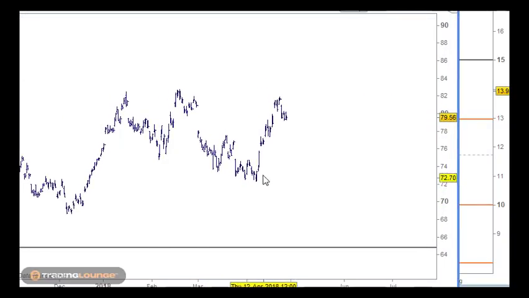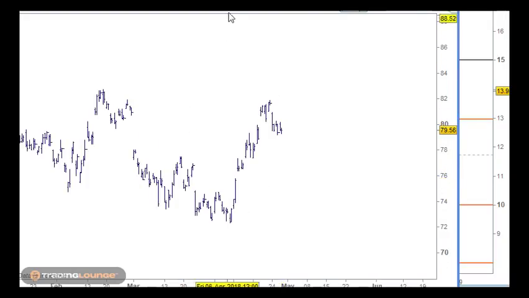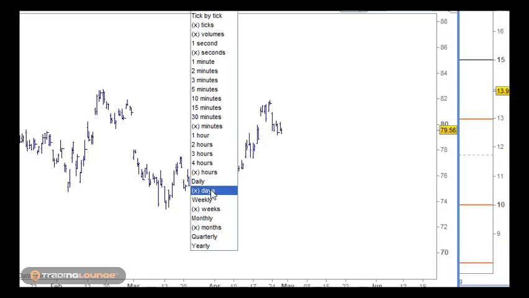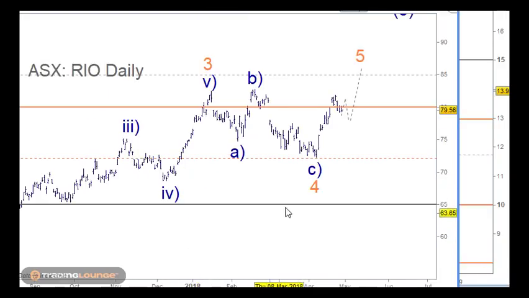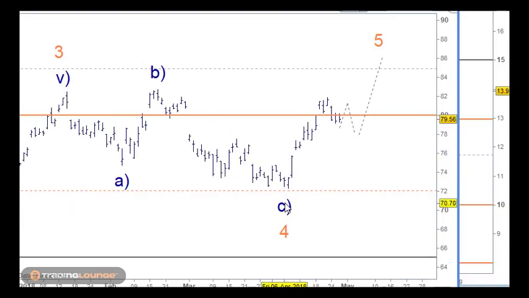So in this case here, we've got the wave 4 here, and this is a little bit tricky. That's just a 4-hour count. Maybe I've got it on the daily. Yeah, look, I'm just a little bit unsure about the actual count coming up through here. But what I can say is that when this finds support here on the 80, then you can go long, and we can go long up to 85 at that point. But we know that while banks were pushing down,